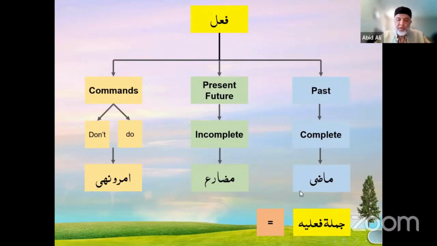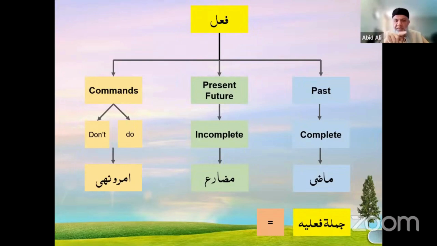So at the end of the day, when we're reading the Quran, what are we reading? We are reading the Quranic verses. Are they short, separate words, or are they combined like long sentences? They are like long sentences, right? So in Arabic, there are two kinds of sentences: jumla ismiya, which is called a nominal sentence, and jumla fe'liya, which is a verbal sentence, right?